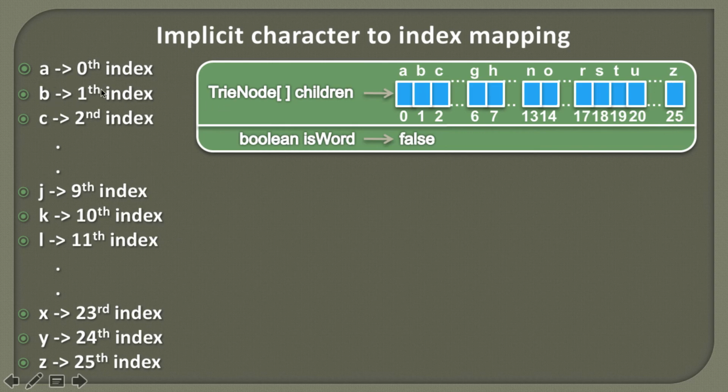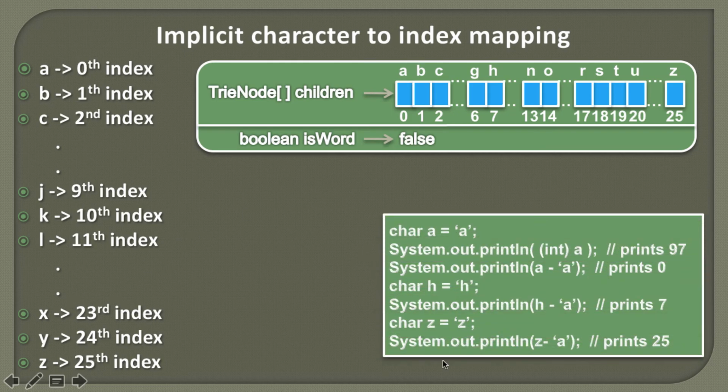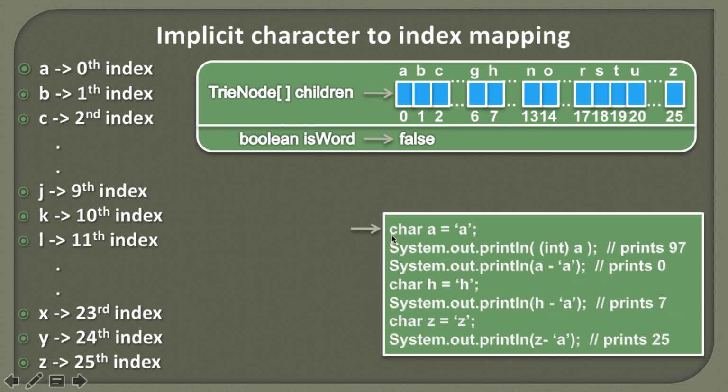So here you can see A points to the 0th index, B points to the 1st index, C points to the 2nd index, and similarly the rest of the alphabets. So how this mapping is done, let's see through a code demonstration. Here you can see a char in Java is a 16-bit value which starts from 0 and goes till 65,536. So here we are creating a char value which points to A,